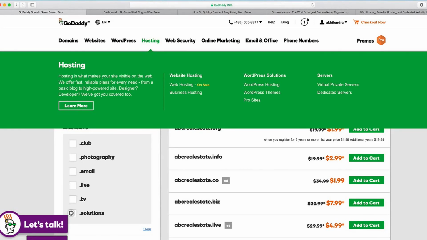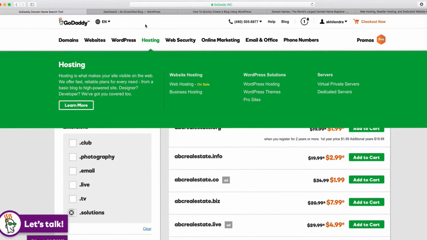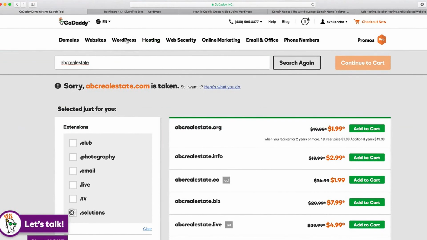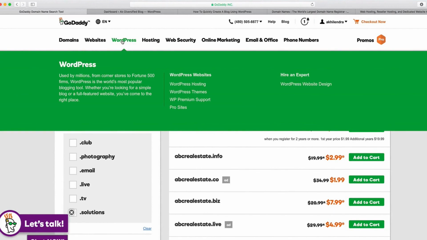You can use WordPress to set up a classified website or any other business you can think of. So there are no restrictions. You are free to use WordPress for any purpose. And the best part, WordPress is free. So you can just register your domain, and after that you can select WordPress hosting.